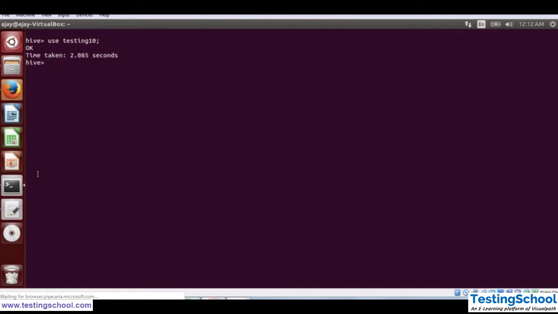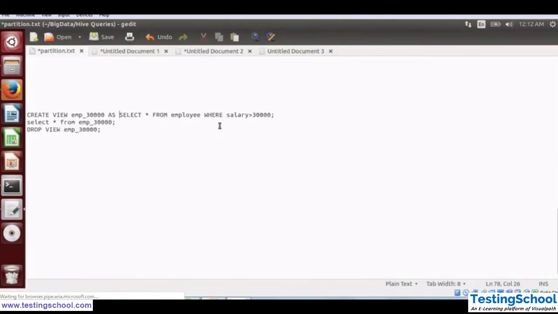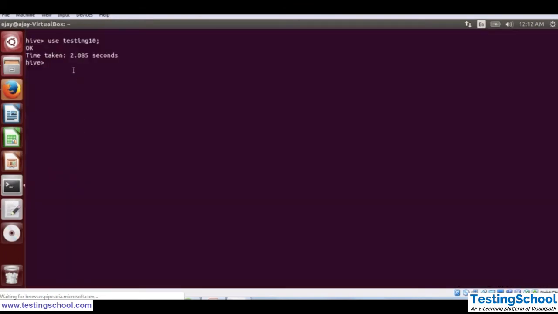So now our job is to create a view and to verify the view. To create a view, you just need to create a view query. As we have already seen, this is our command to execute and create the view: create view and then the view name.